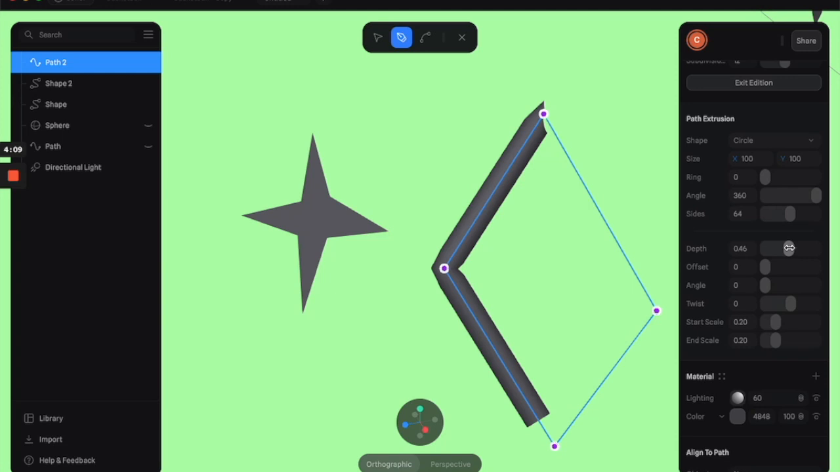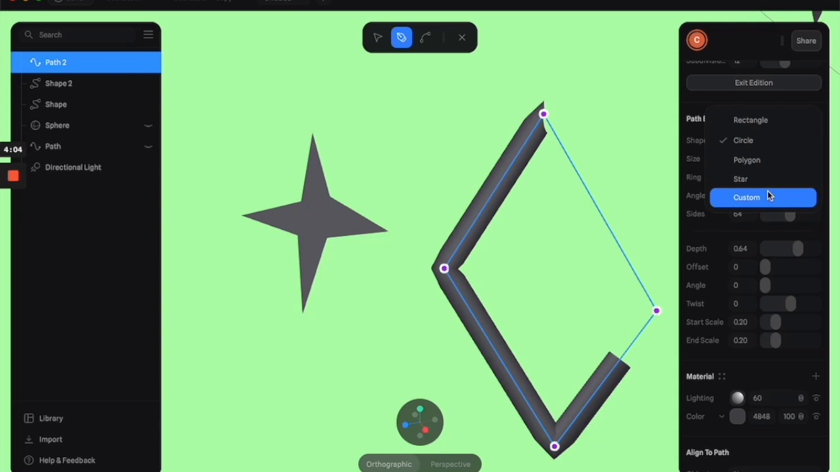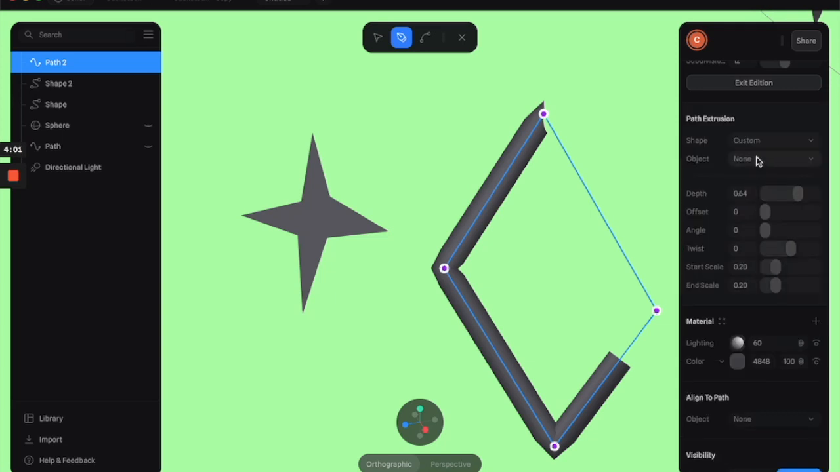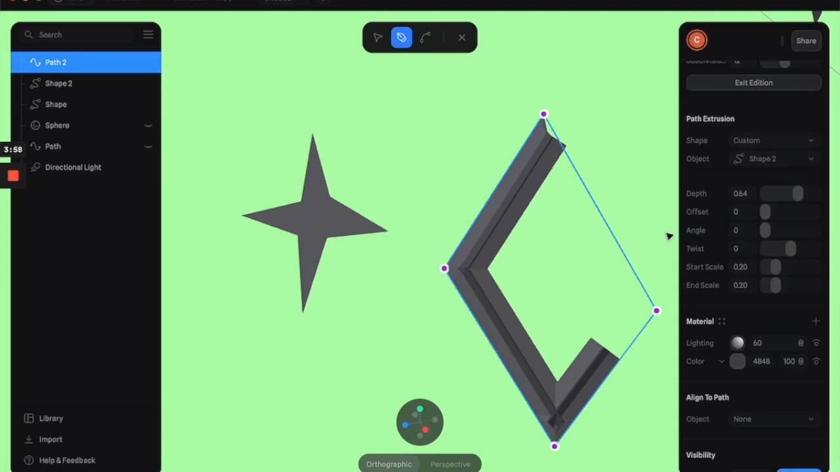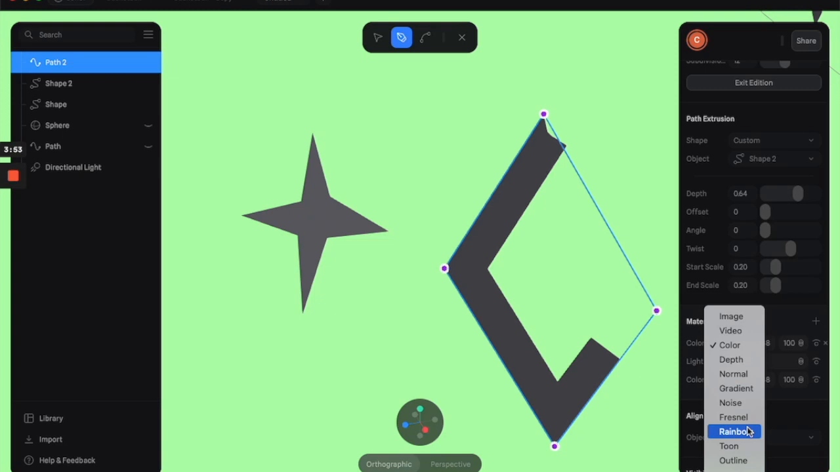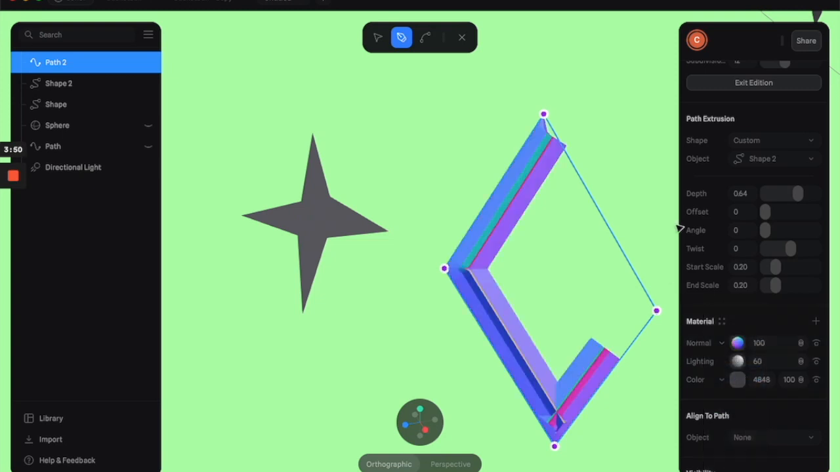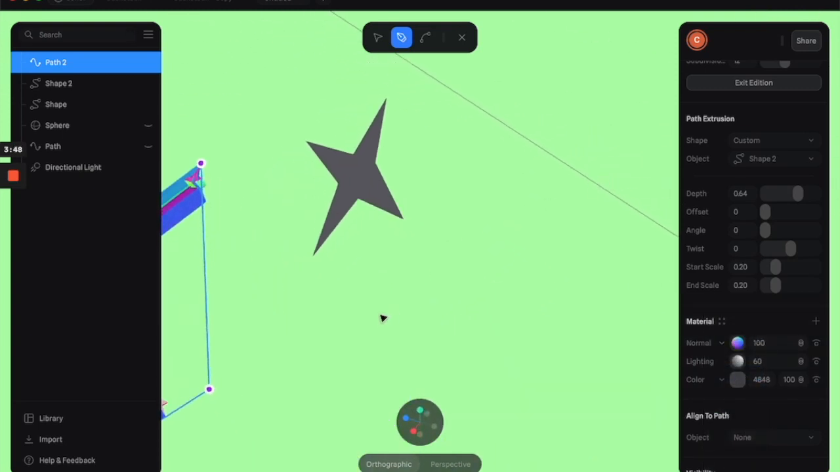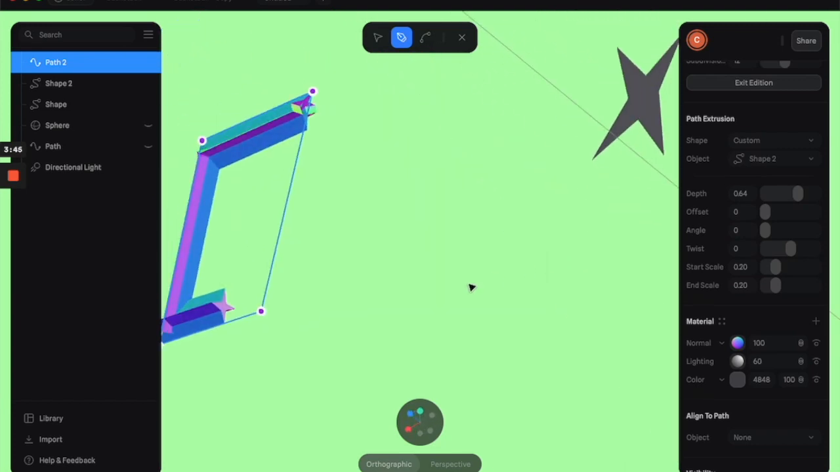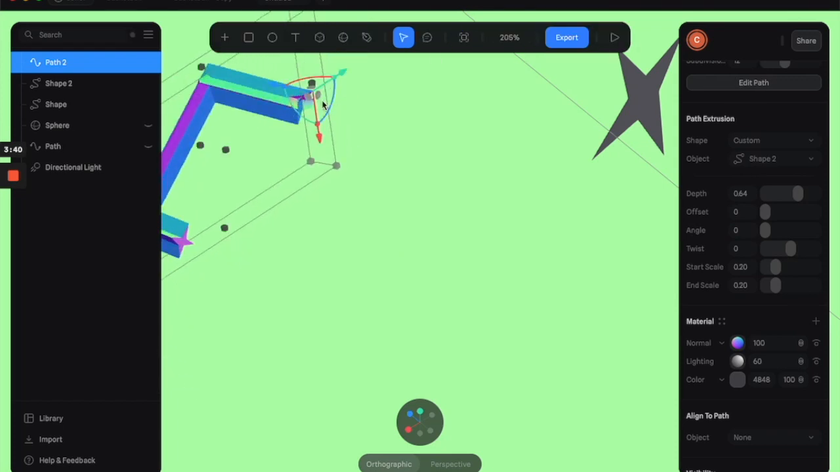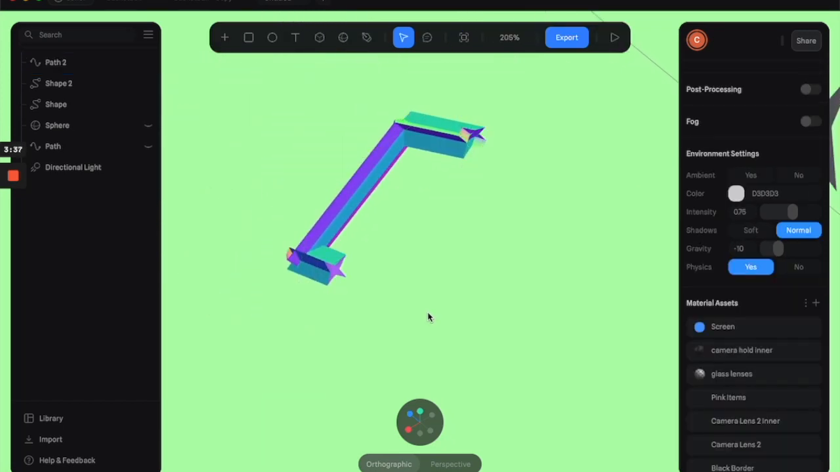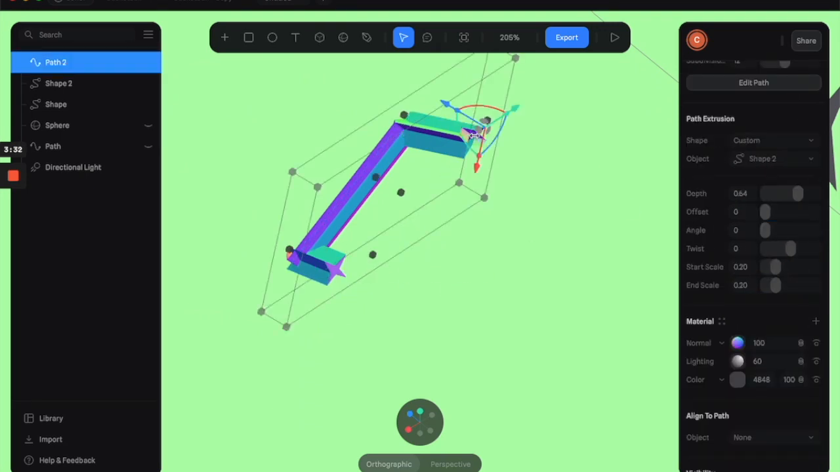just for experimentation's sake, and we'll turn on this little depth setting, and you can change this default circle setting to a custom shape, and then you can select your four-pointed star shape, and it will make the shape of your 3D path the same shape as that 4-pointed star, as you can see. So if I rotate this just a little bit, you can see right here there's a 4-pointed star,